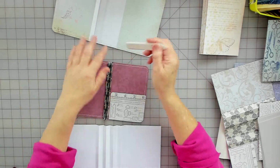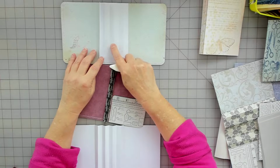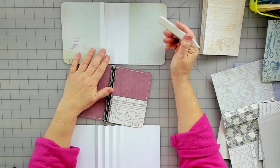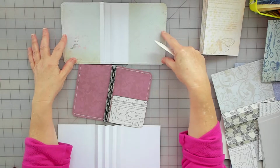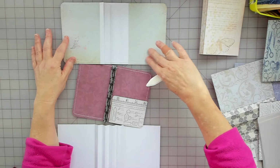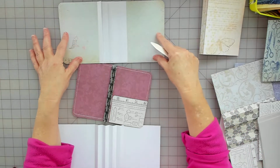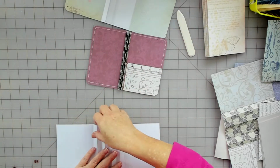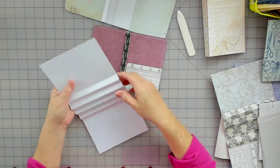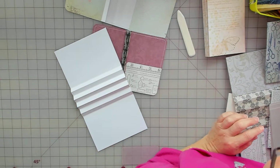But yeah, get everything figured out before you glue this part here. Like as far as what you want to put on there and everything. And if it's going over here by the sewed line, you want to have it in there first. And then like right now, I would just round my corners. And on that one,